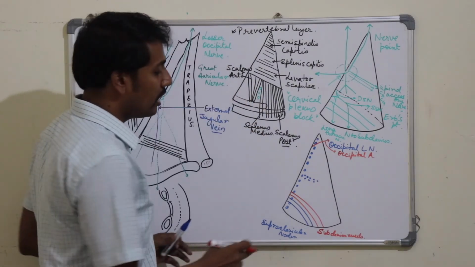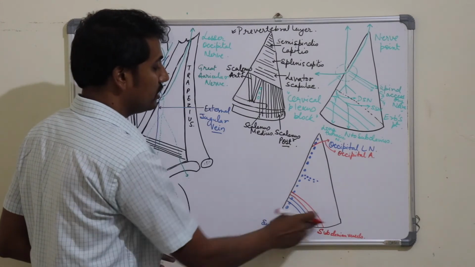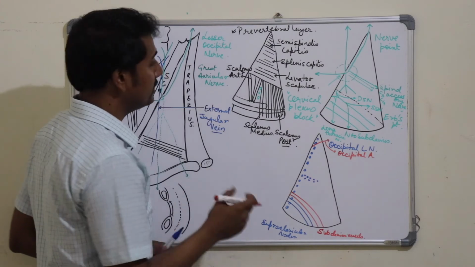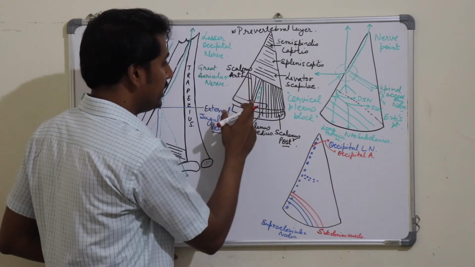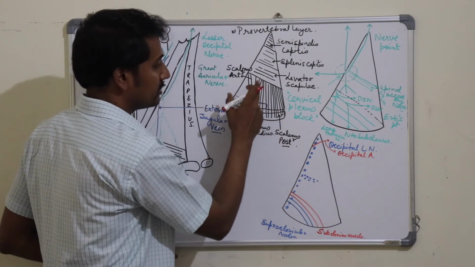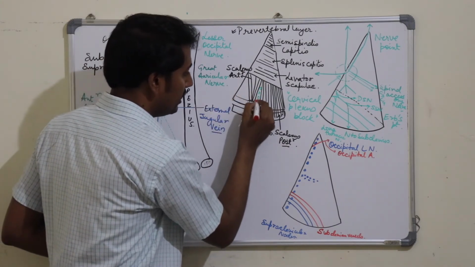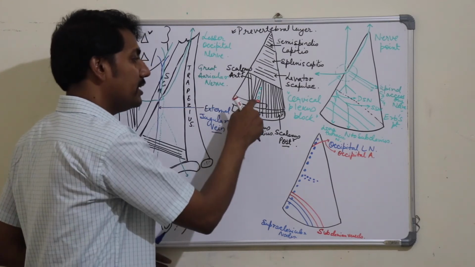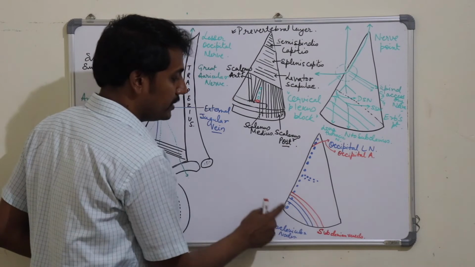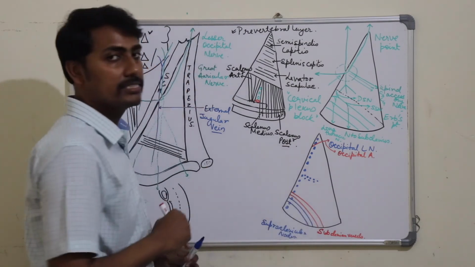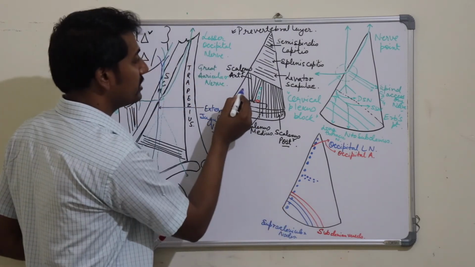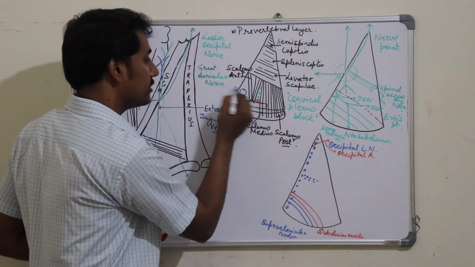So now we will see how the subclavian vessels enter into this posterior triangle. If we see in this diagram, the subclavian artery arises between the scalenus anterior and the scalenus medius muscle along with the brachial plexus. So here lies the subclavian artery, to become the third part of the subclavian artery. So in the posterior triangle, we will be seeing the third part of the subclavian artery, and the subclavian vein arises in front of the scalenus anterior muscle from here.